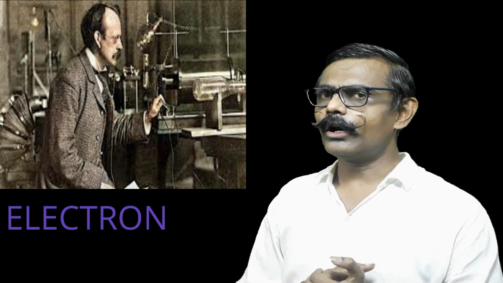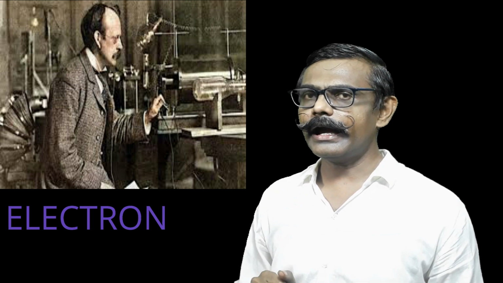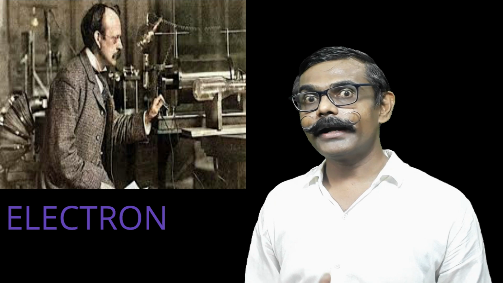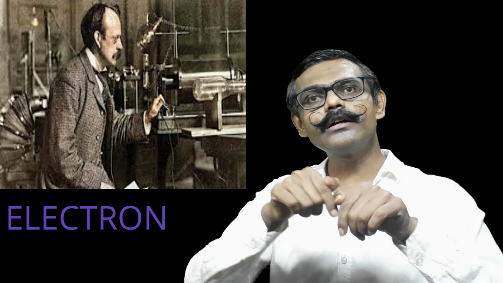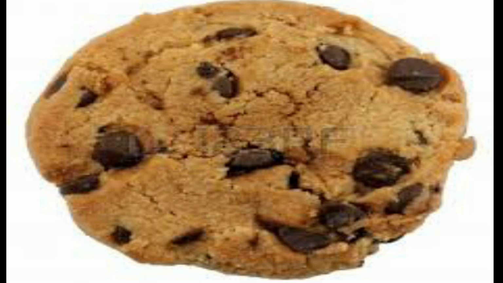What J.J. Thomson thought, electrons are there in an atom, it is true. But at the same time, Goldstein noted positive rays, so a positive thing also should be there in the atom. So what may be the structure of the atom? The first model of the atom was put forward by J.J. Thomson, and the name for that model is the plum pudding model.